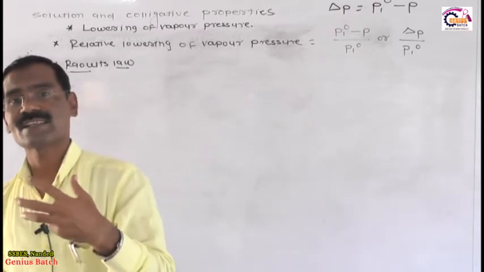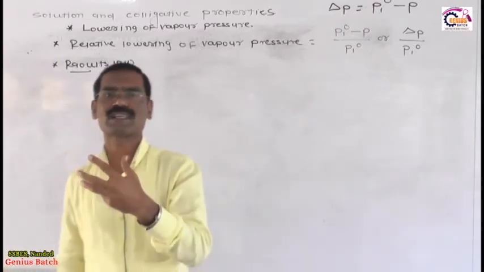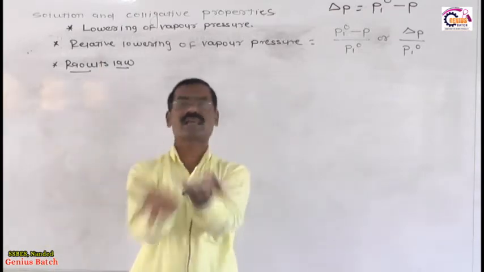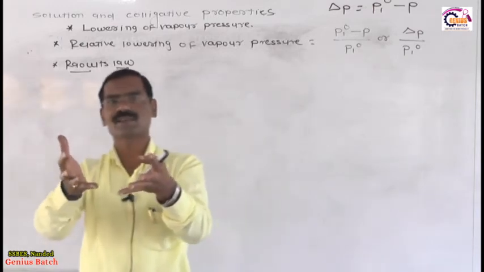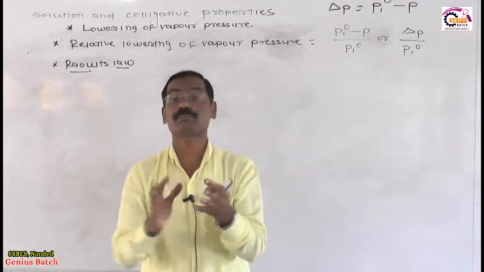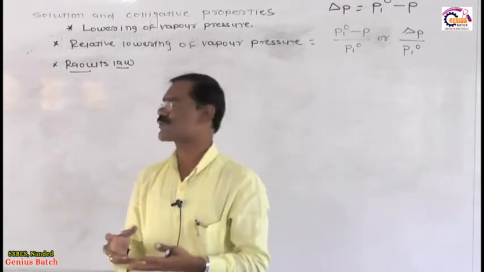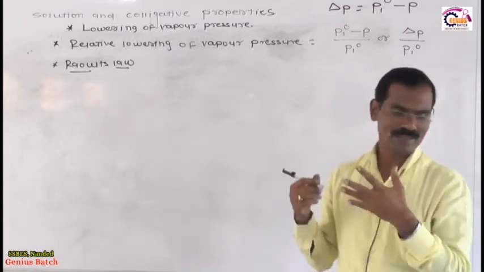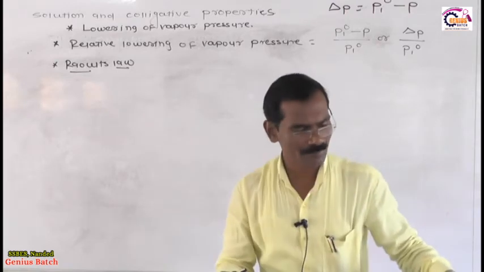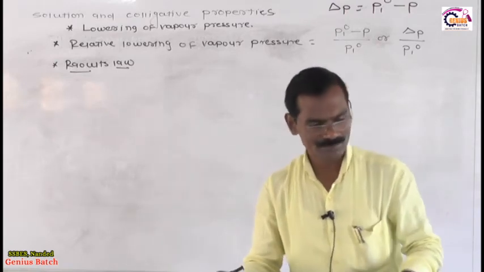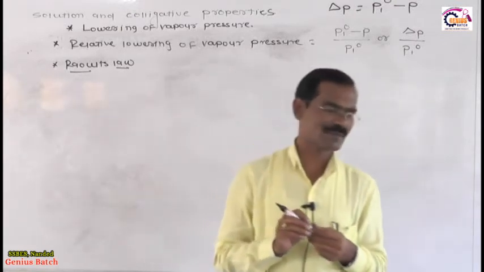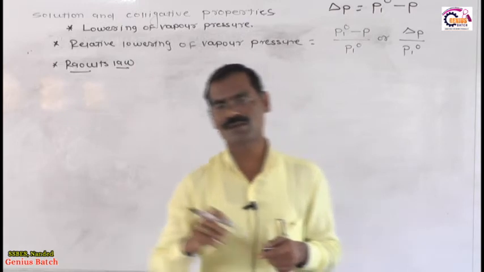The pressure exerted by vapors, or the pressure exerted by an individual gas in the mixture of gases, is okay? The pressure exerted by an individual gas in the mixture of gases, such a pressure is called the partial vapor pressure. Now dear friends, according to Raoult's law, the law states that the partial vapor pressure of any volatile component of a solution is the product of, listen very carefully, the partial vapor pressure of any volatile component of a solution.